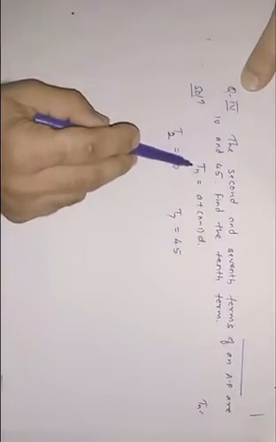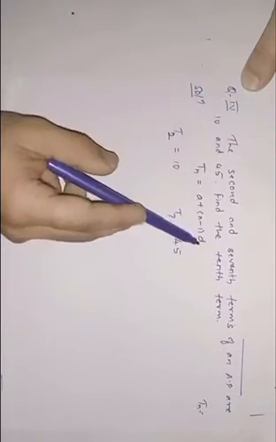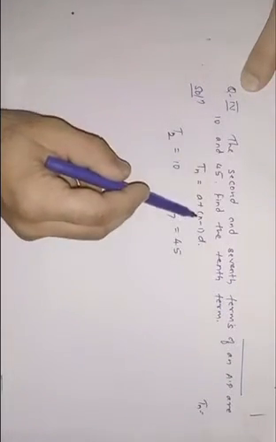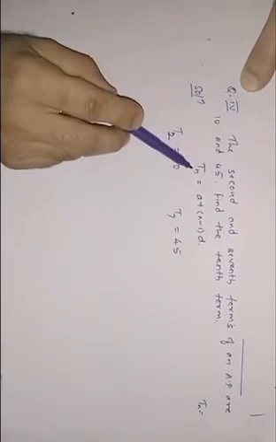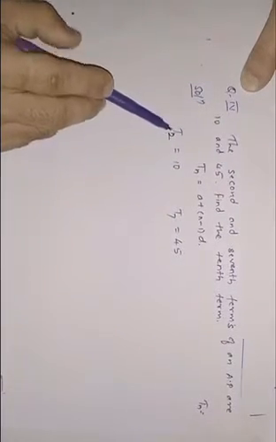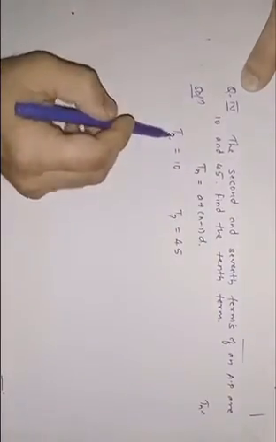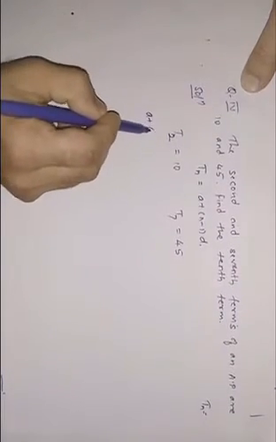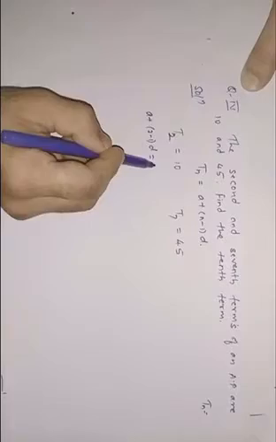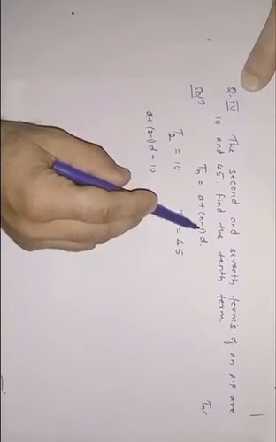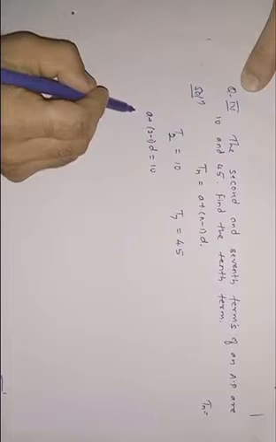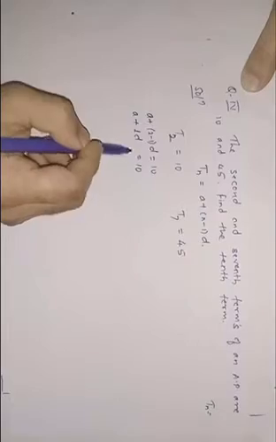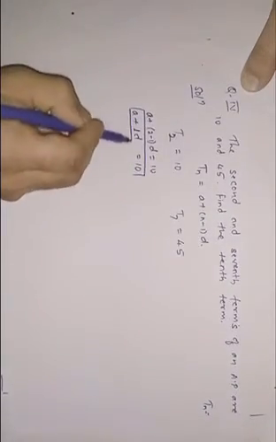So what is the formula for nth term? A plus n minus 1 into D. So T2 means wherever n is there, we have to substitute 2. Because Tn, so in place of n, we have to substitute 2. So we get A plus 2 minus 1 D is equal to 10. So this is nothing but A plus 2 minus 1 is 1 D is equal to 10. So this becomes the first equation.